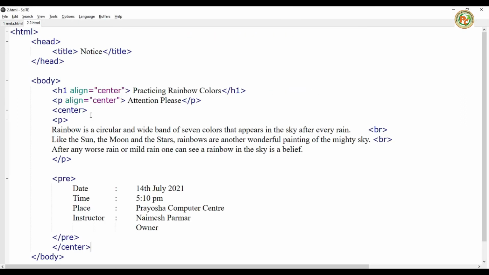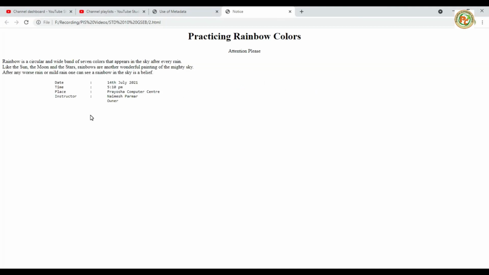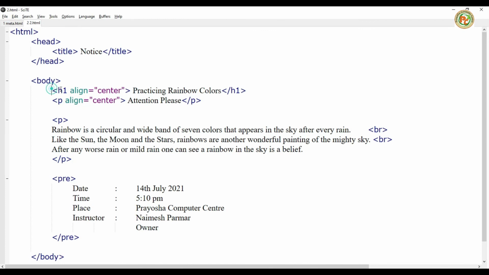See, but it is not in a proper format, so we'll close it, and also from here we'll close it. Okay, now see it. So this way we can do it. So this is all the use of some basic things, the pre tag and the h1 property.